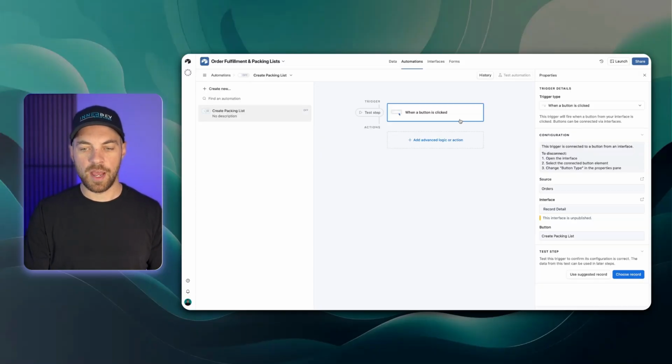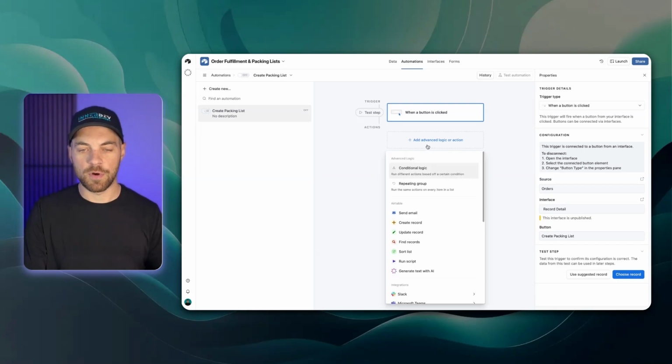It's going to open up a new tab here for us. And from here, it's actually going to be a really simple automation. We could add some conditional logic if we wanted, but we're not going to worry about it for now. We're just going to go down and